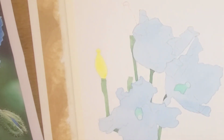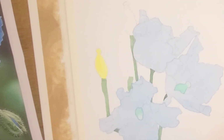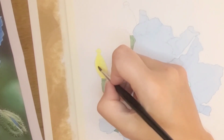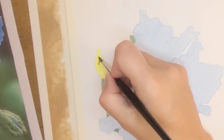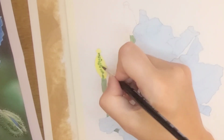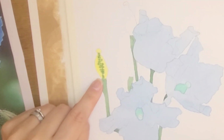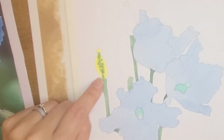Now cleaning off my brush, and I'm going to go into the green, and a little bit like we did with this in the foreground here, wet into wet, I'm going to put down some green paint down the centre and allow it to run into the yellow. So you can see that it's splaying nicely there. I'm going to clean off my brush,